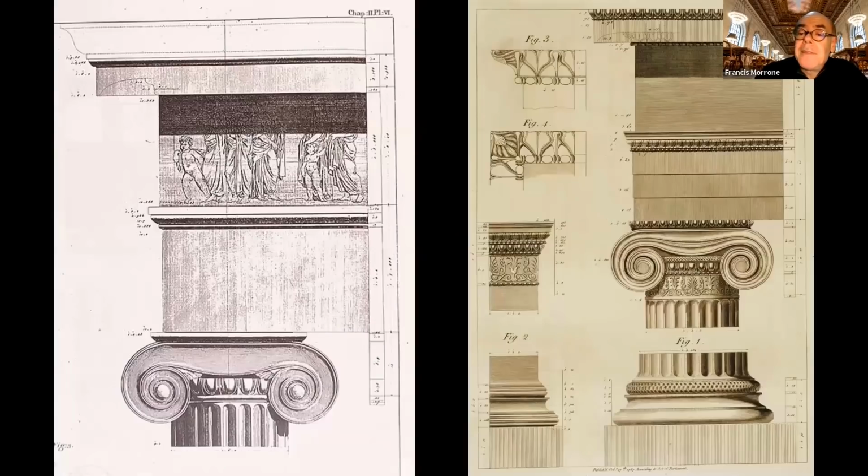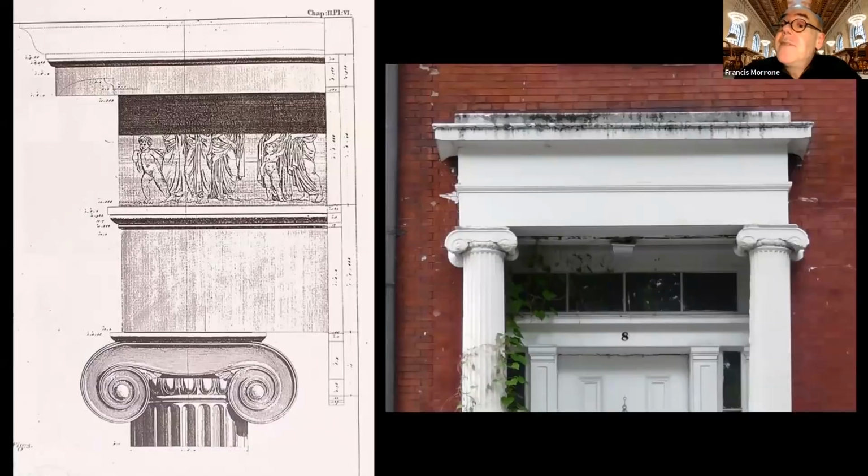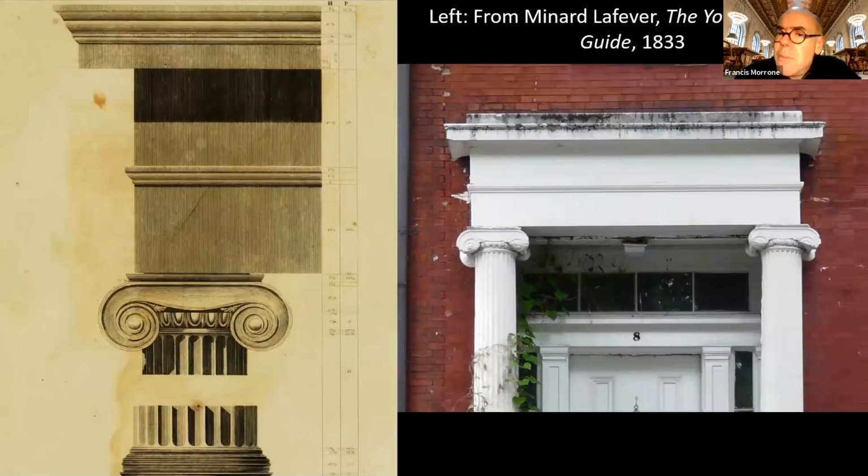We see them side by side. You see how comparatively simpler the Temple of the Ilisos is from the Erechtheum. And the Temple of the Ilisos order was illustrated from Stewart and Revett by people who produced pattern books in America, like Minard Lafever, and it became the basic Ionic order, which was applied all over the New World. We see it, for example, in this row house on Washington Square North in Greenwich Village.